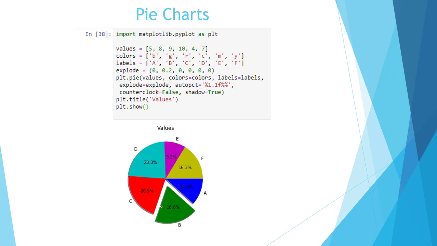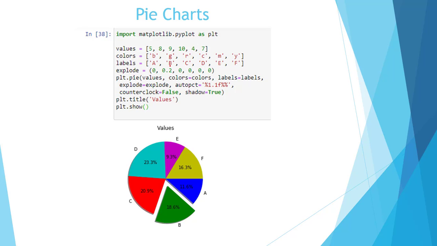So this is the example of pie chart. First of all, we have to specify some of the values for the pie chart. Here I have specified a total of 6 values, and after that for these 6 values I have specified different colors and labels, that is A to F, total 6 labels for all the 6 values. Now for explode parameter, as we have mentioned earlier, the value 0 in the explode list keeps the wedge at the center of the pie and any other value explodes the pie.